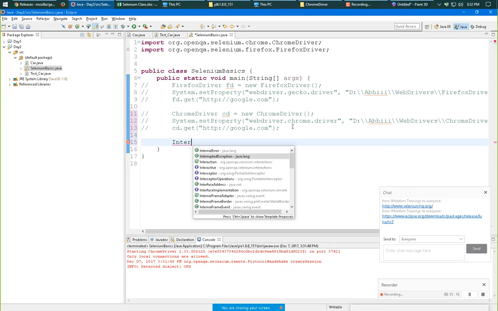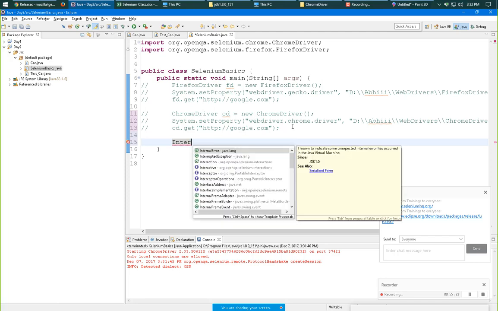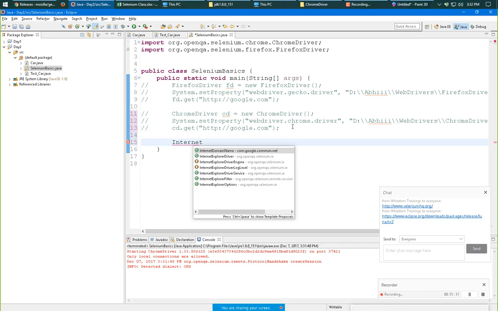To get suggestions, if you know a little part, hit Ctrl+Space. Now it is suggesting a few things. To omit the unnecessary results, I'll start typing. So internet, now see, InternetExplorerDriver.